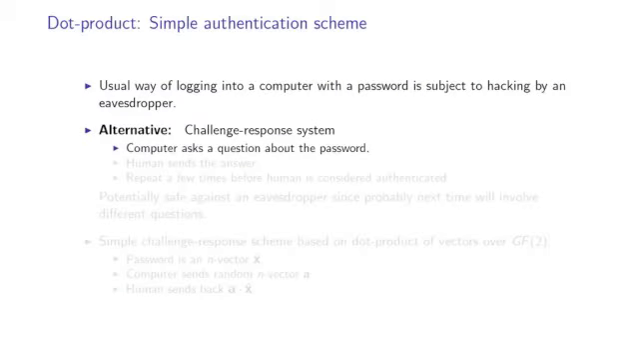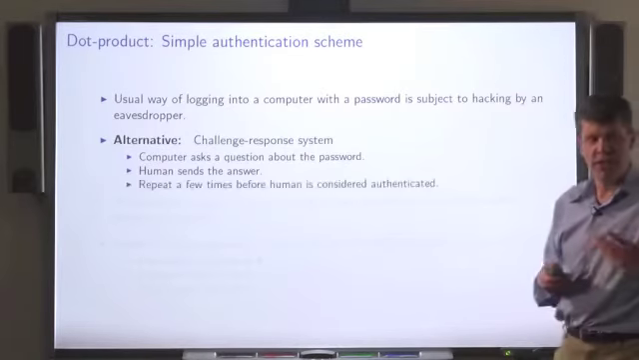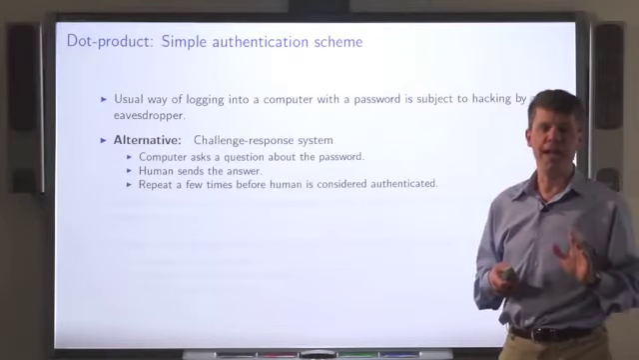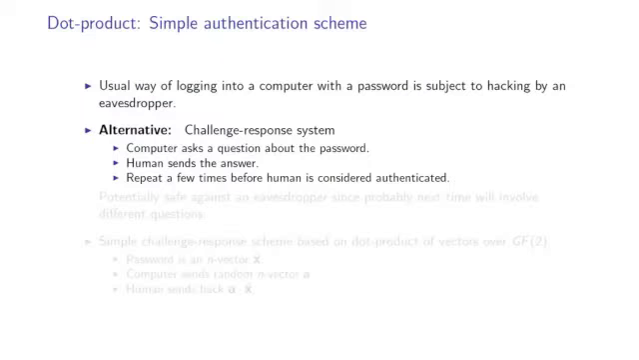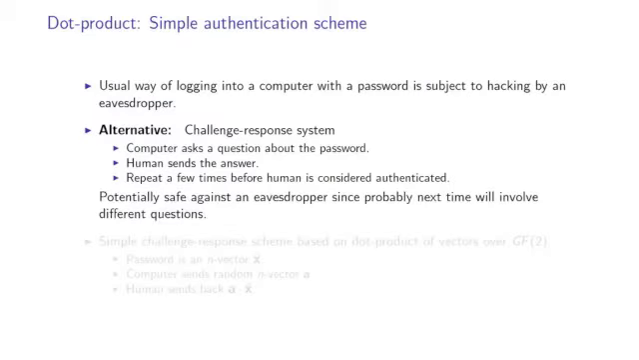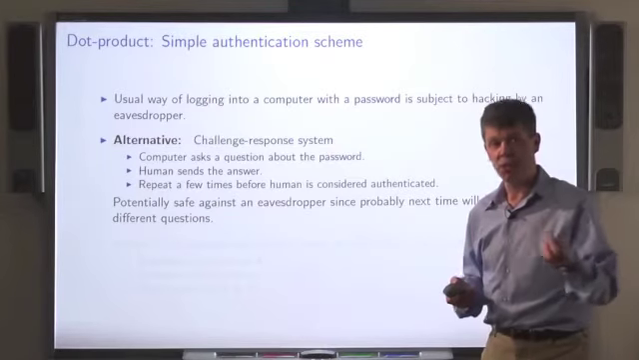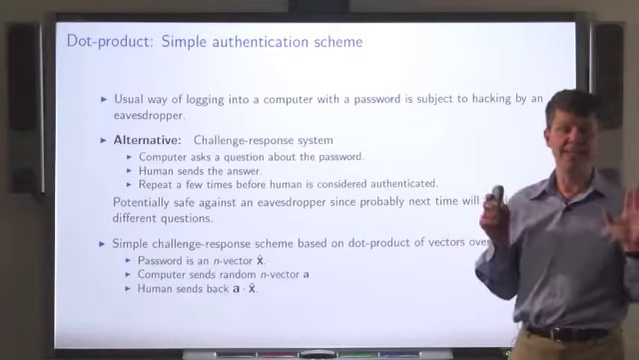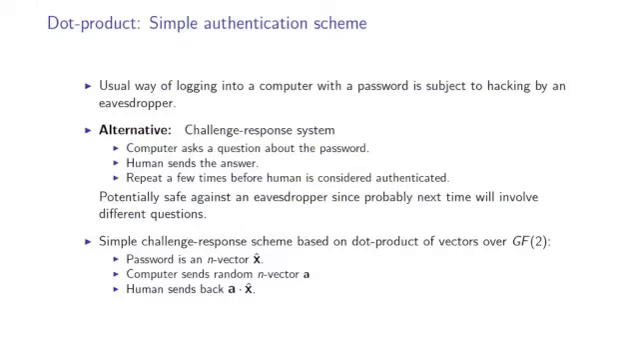It's called challenge response. The computer asks you a question, and you give the answer based on your knowledge of the password. You do this a few times until the computer is convinced, yeah, this human knows the password, better let him in. This is potentially safer against an eavesdropper because the password is never sent over the wire. So here's a simple authentication scheme, not one that's really secure, but one that illustrates the idea of dot product